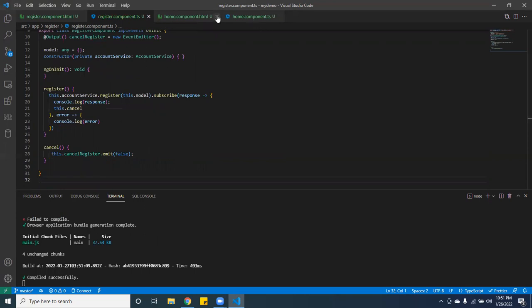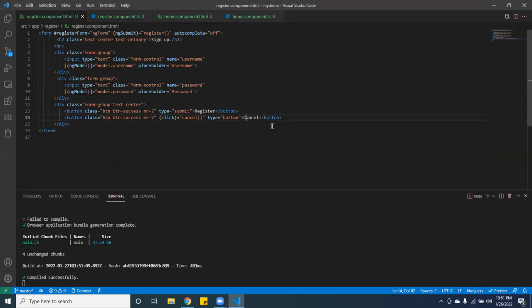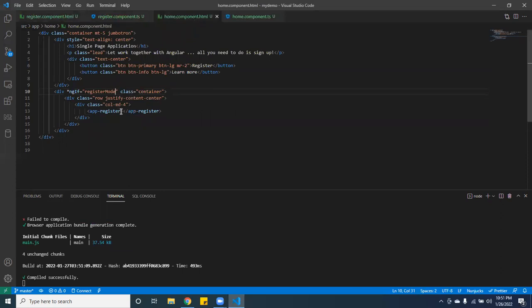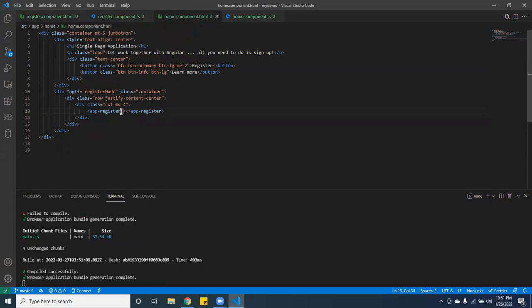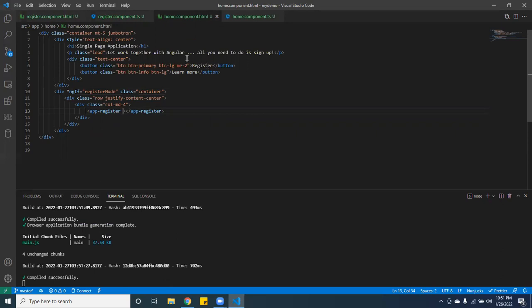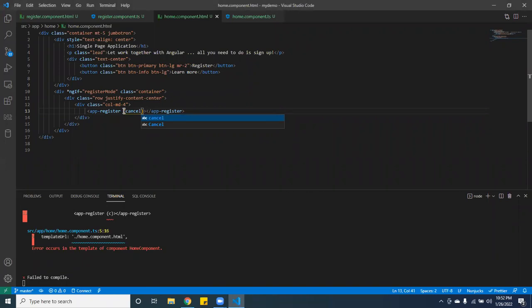So now that we have that, we can go back to the register HTML. No, not there. Actually to the home. And we've got to do a few things here. We've got to pass the cancel here in order for that to work. So we have to pass the cancel register. This one is going to be equal to cancel